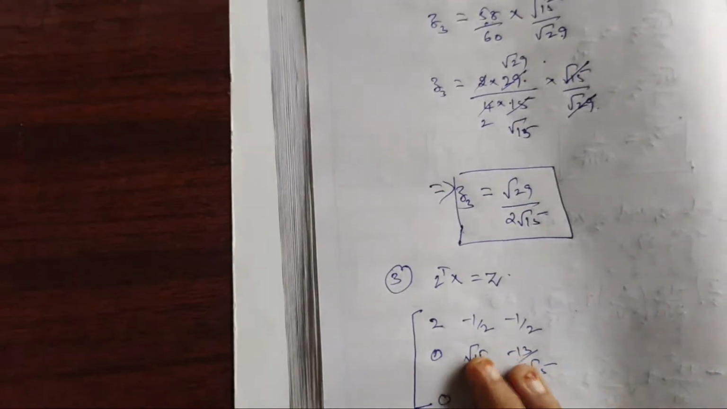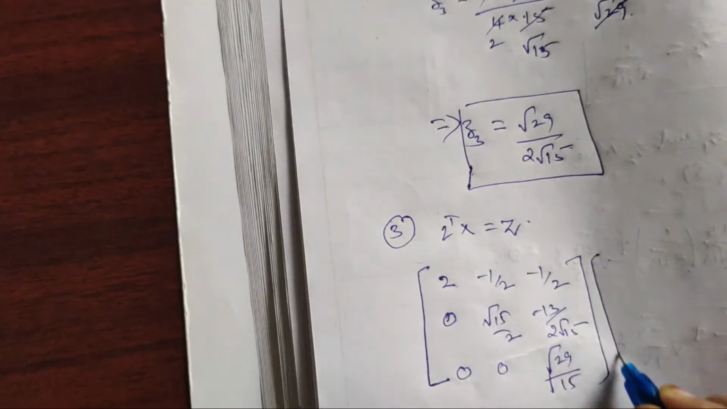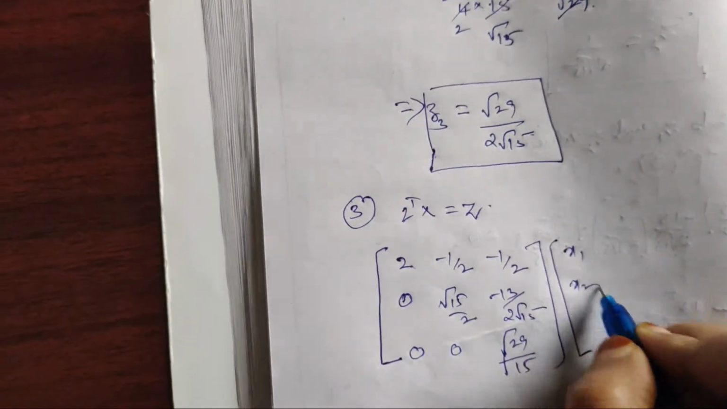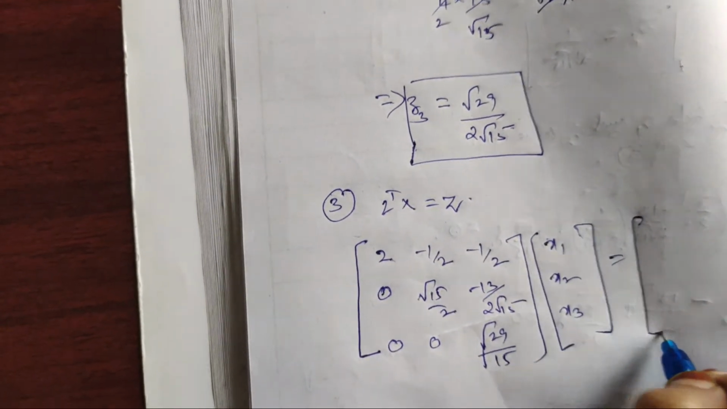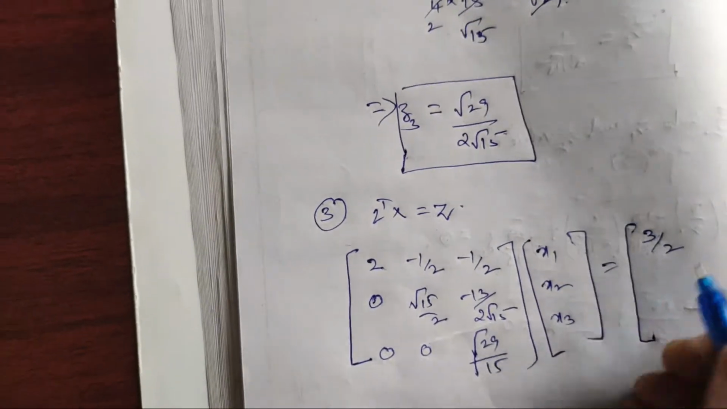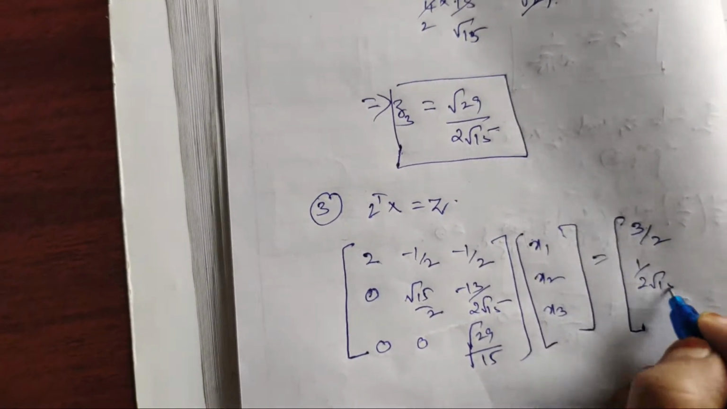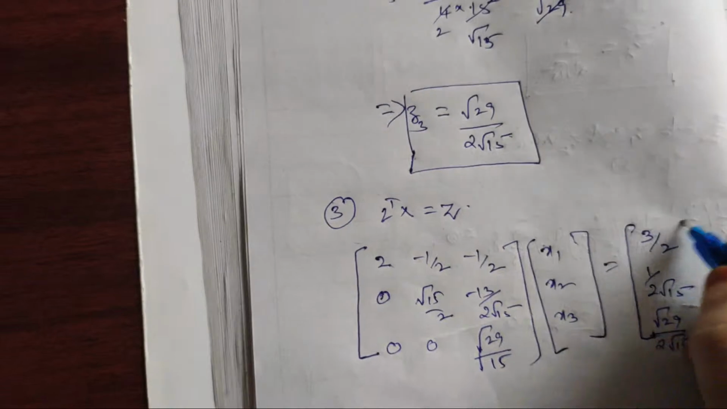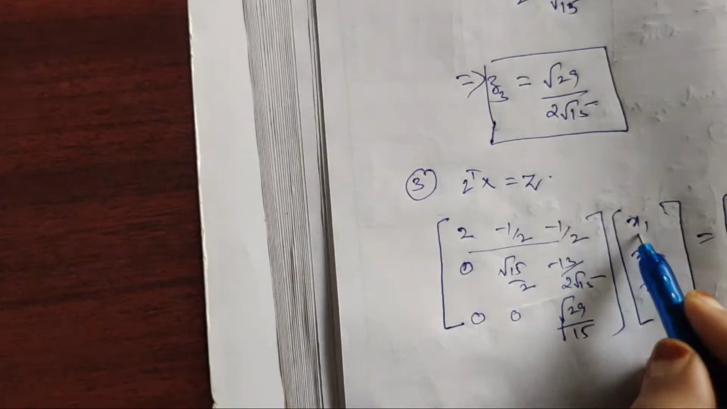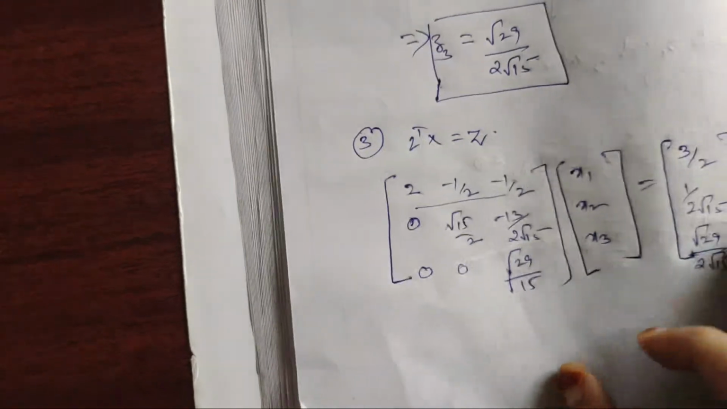L3 is equal to root 15, root 29 by root 15, and your x is equal to x1, x2, x3, which is equal to z1, z2, z3, where z1 is equal to 3 by 2, 1 by 2 root 15, then root 29 by 2 root 15. Now do that multiplication, rows into columns. You are going to get it into the equation form. That equation form is going to be